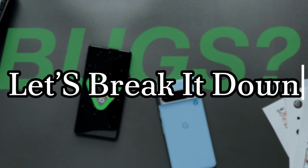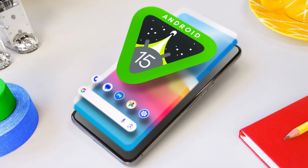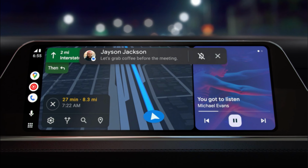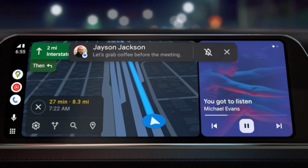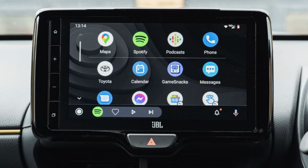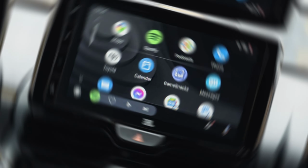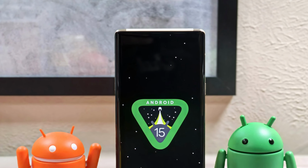Let's break it down. Some Pixel 9 and Pixel 9 Pro XL users who jumped on the Android 15 beta train are now facing issues with Android Auto. Android Auto, for those of you who might not be familiar, is Google's app that syncs your phone with your car's display. It allows you to use apps like navigation, music, and more in a safe and convenient way while you're driving. However, for some Pixel 9 owners, this feature is now broken thanks to a bug in the latest